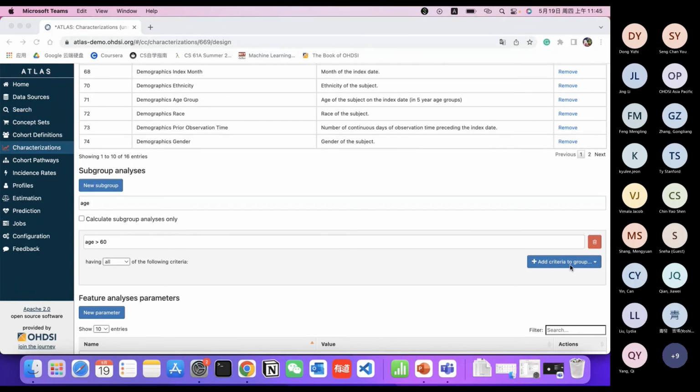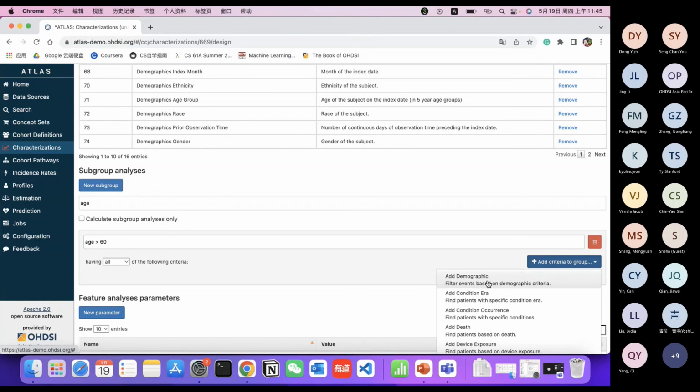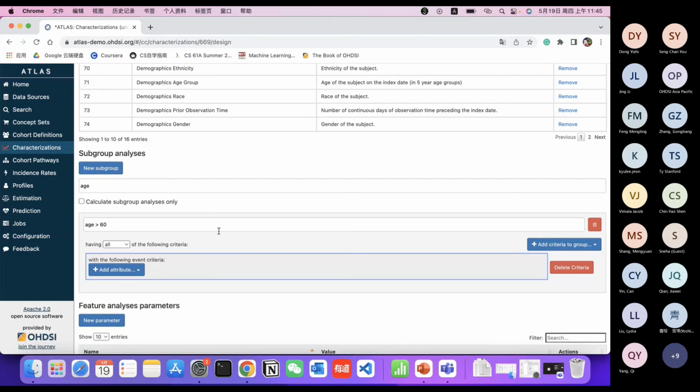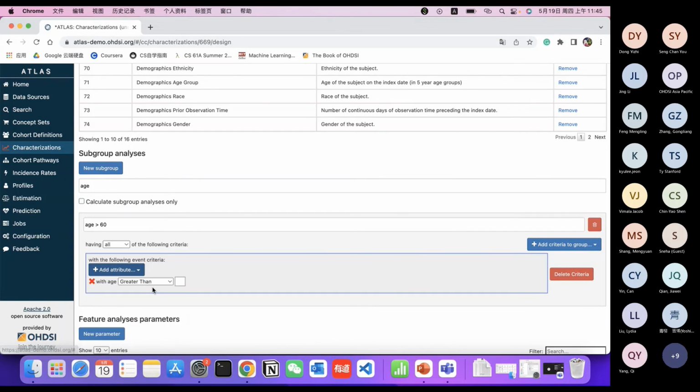Then you can click this button to add criteria. In this case, it's under the demographic criteria. Then add attribute, add age criteria, and improve the age criteria.